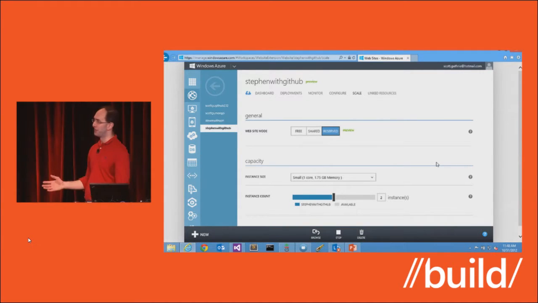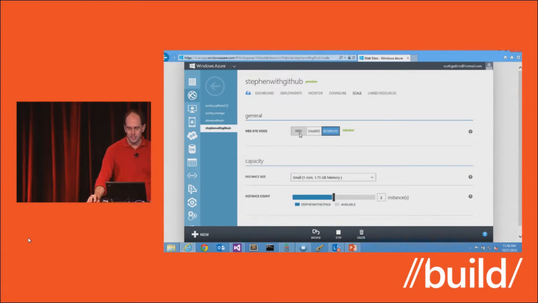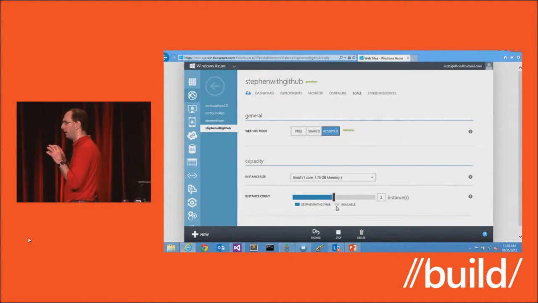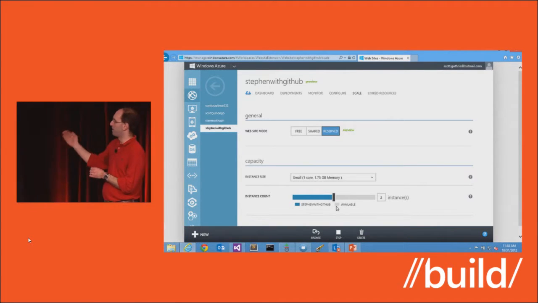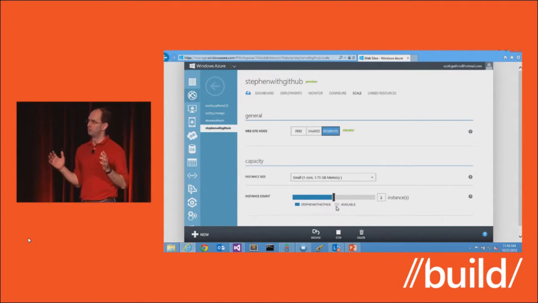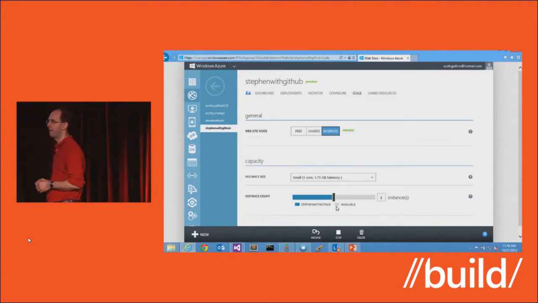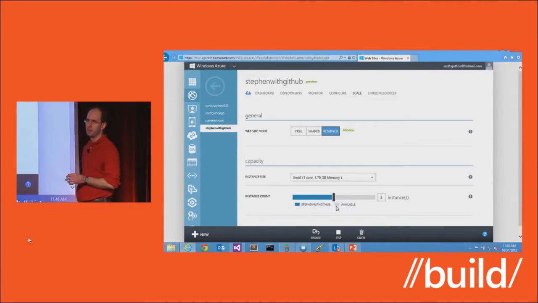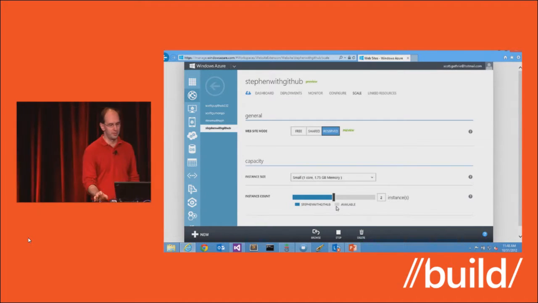If after this event I want to economize a little bit more, I just hit the free tier, hit save again, and I downsize. I'm only paying for the number of instances and the sizes by hour. So literally, this demo would only cost me a few pennies if it's only running for an hour. This is a great way, if you know you've got an event or you're going to get traffic on a specific day, to scale up your capacity like crazy, and then when it's over, scale it down and only pay for what you're using.